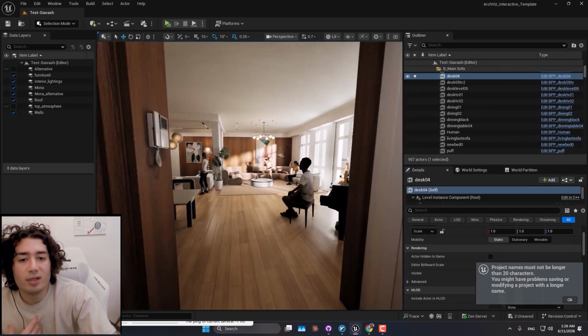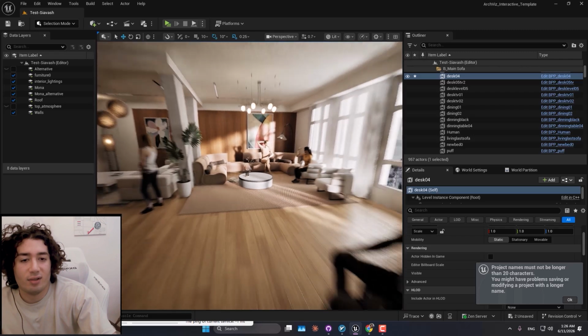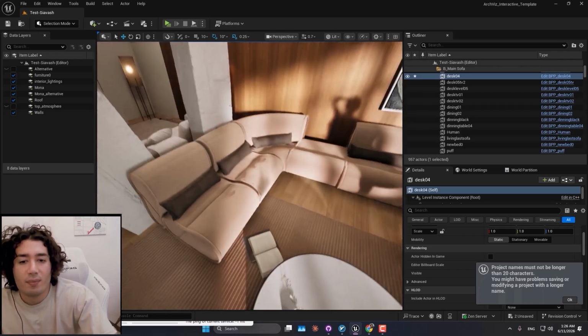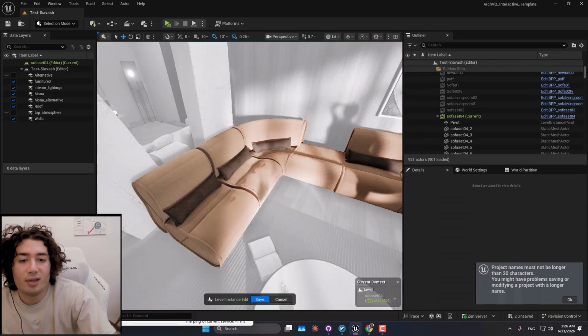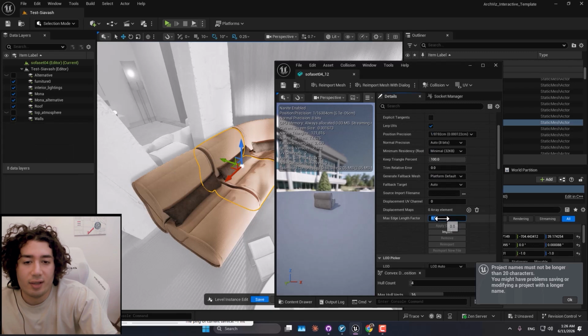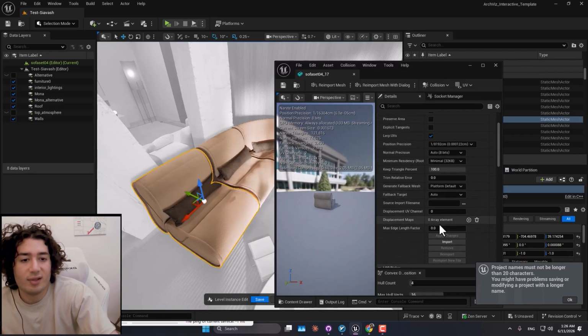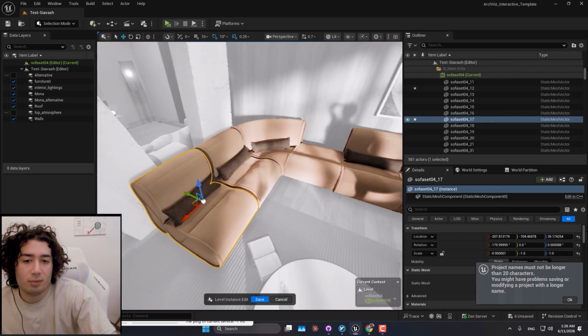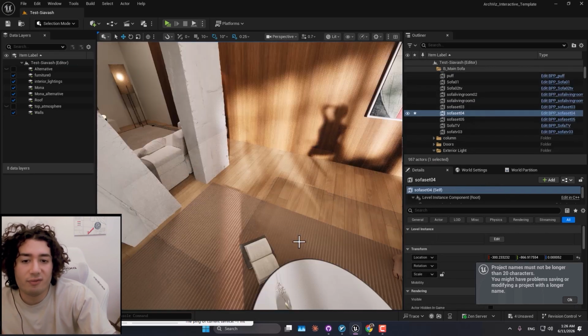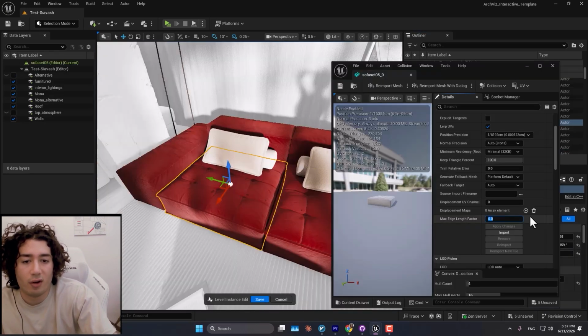So what I usually test first is changing max edge length factor from 0 to 1. Then click apply change, save the asset and test it again in the level. In many cases, this keeps the Nanite detail more stable from distance and fixes the black artifacts issue without disabling Nanite. If 1 is not enough, you can test 2 or 5, but don't increase the value for every mesh